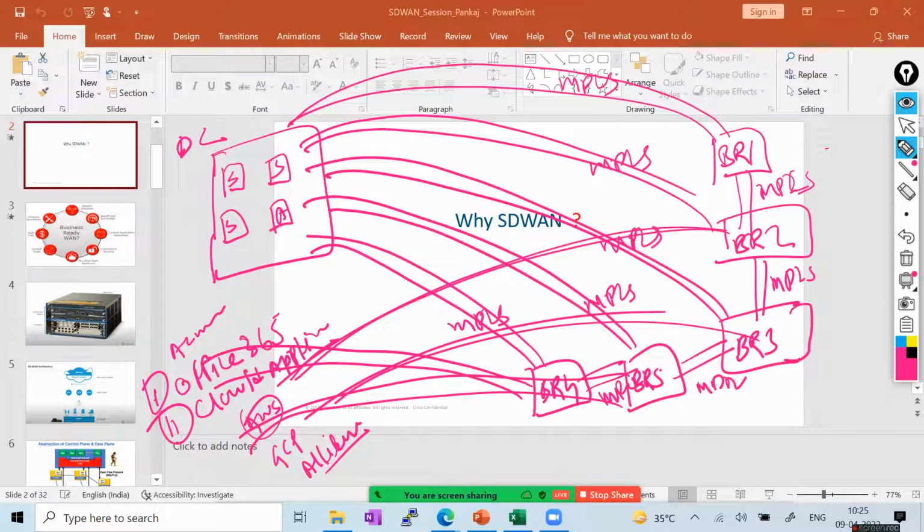How is it going to save? Let me explain. In this case, you just need to replace all MPLS circuits with the internet, because nowadays all internet circuits are very reliable and low loss. So you just replace all the circuits with the internet, and you can connect to all the cloud applications via the internet. Why do you need MPLS? No need for MPLS. Just buy an internet circuit and establish reachability from your branch offices to your data center or your cloud provider. And by using this internet circuit, you can do all the things you were doing earlier via MPLS